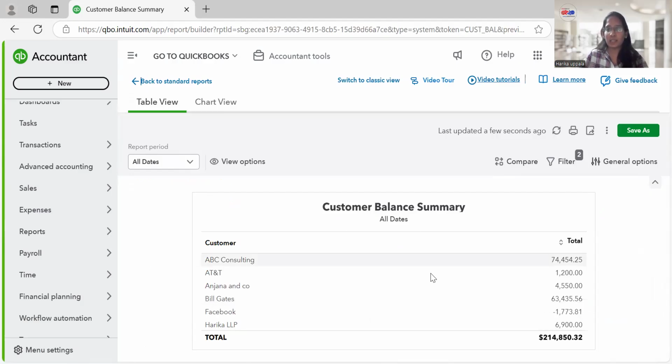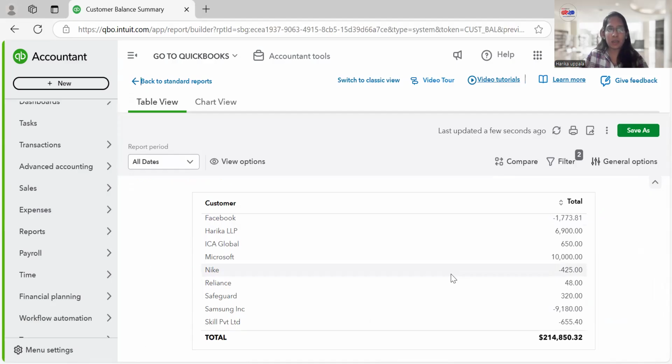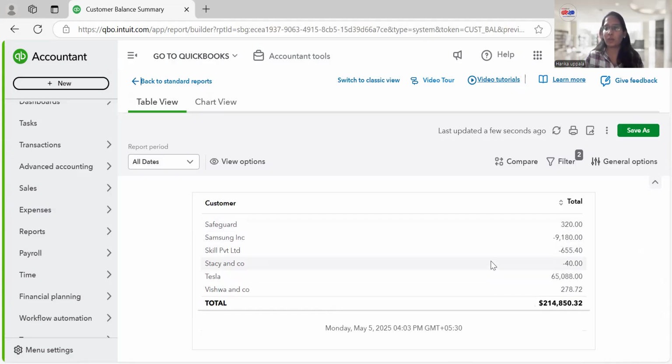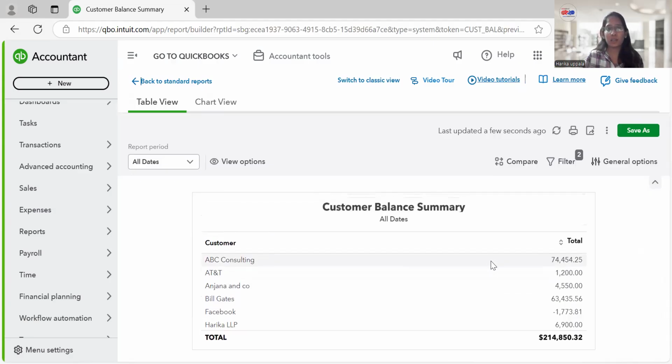This is the customer balance summary report. This report is going to tell you who my best customers are. How do we know that? Whoever is giving you the most income is going to be our best customer, whether monthly or annually, and who are the high paying ones and who are the low churning ones.